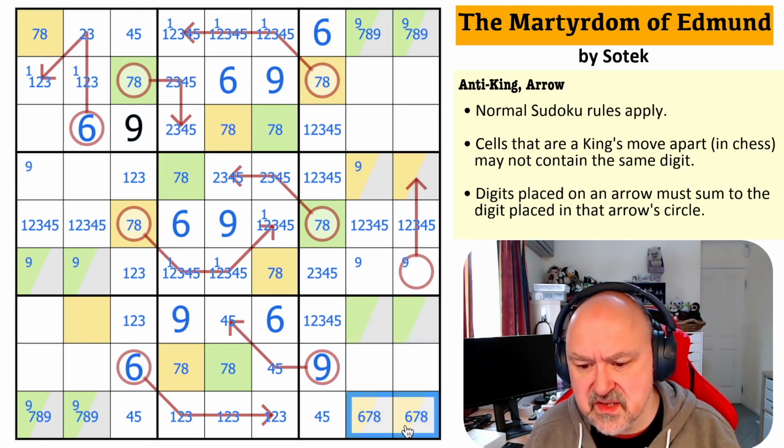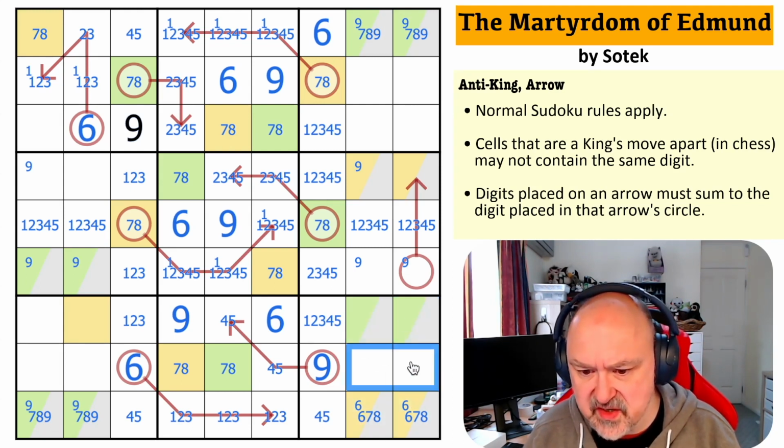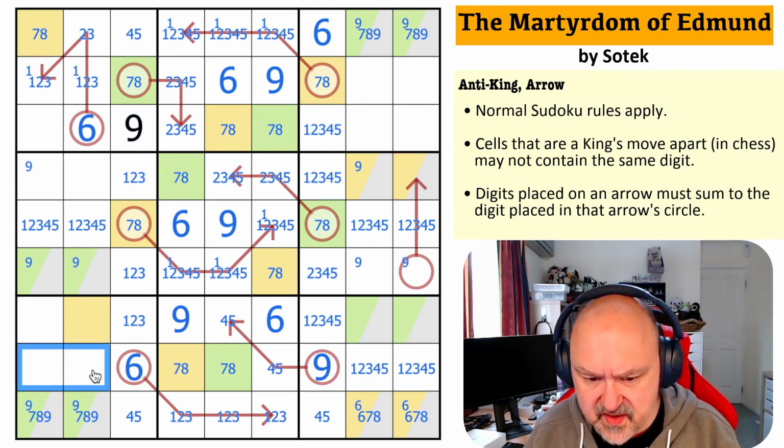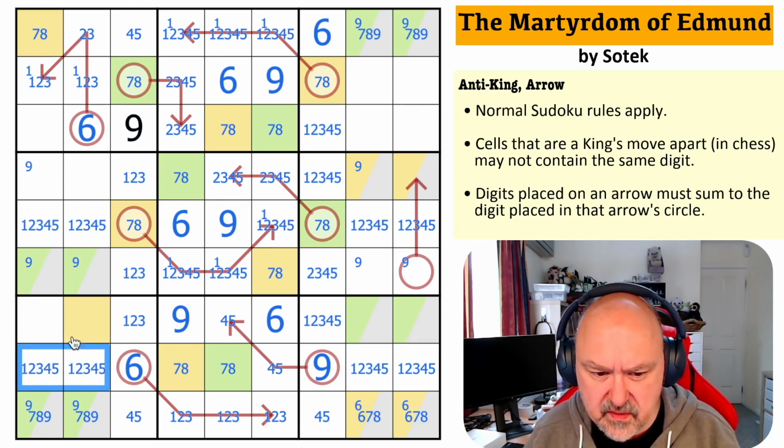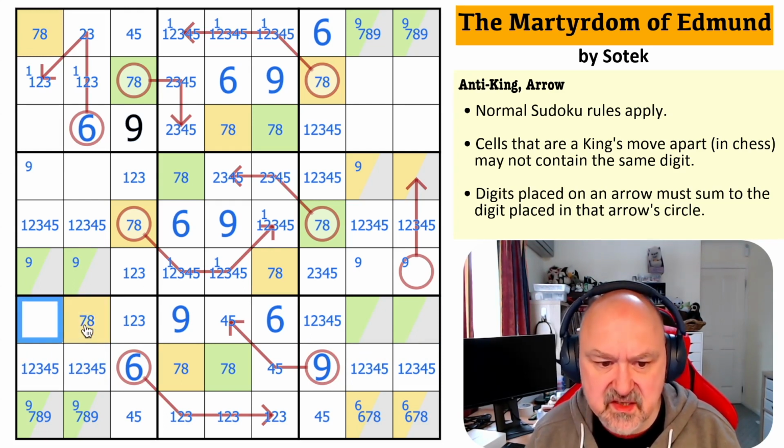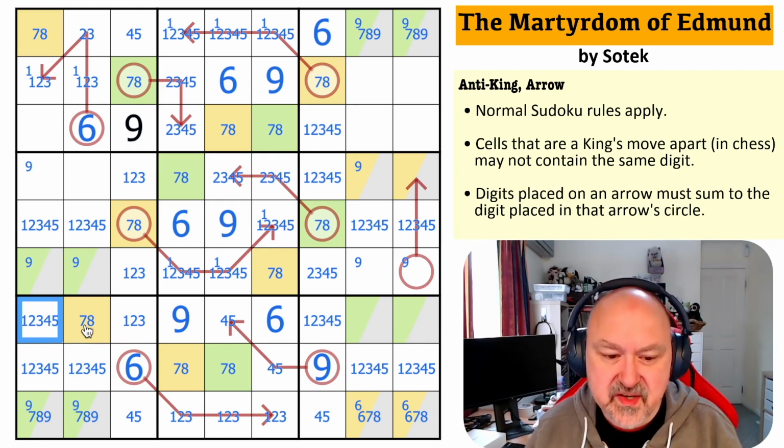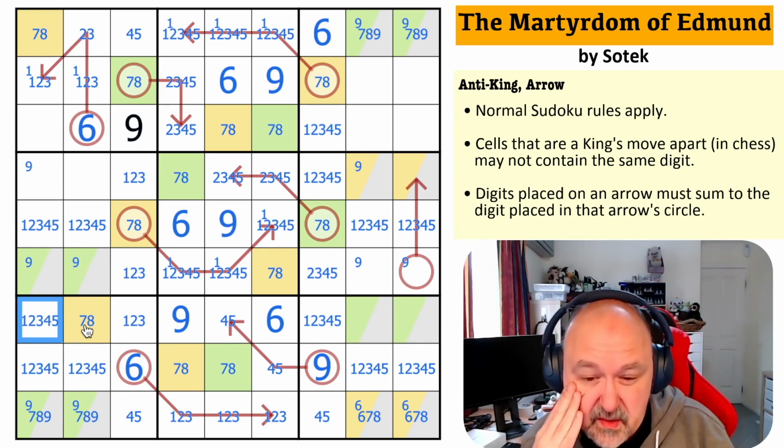So this contains 6 with 7, 8, 9. So these are from 1, 2, 3, 4, 5. And these are from 1, 2, 3, 4, 5. This is 7, 8, and this is from 1, 2, 3, 4, 5. I'm doing terrible on my pencil marking, but